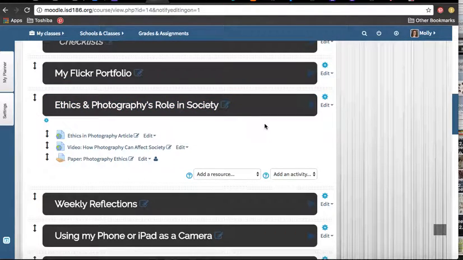Before we get going with actually taking photos, we do need to stop and talk about ethics. Digital photography has made it so easy to steal, plagiarize, copy other people's photos. That's one issue. Another issue is with Photoshop, all of the airbrushing and changing of photos. We have to decide what's okay and what's not okay. How far away from reality can we go? So this is an important thing to study and have a conversation about before we get going.